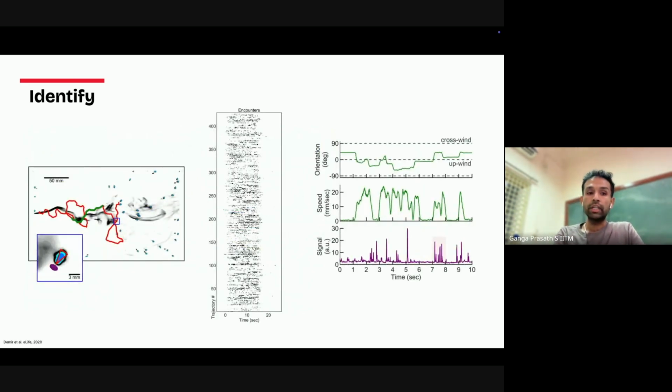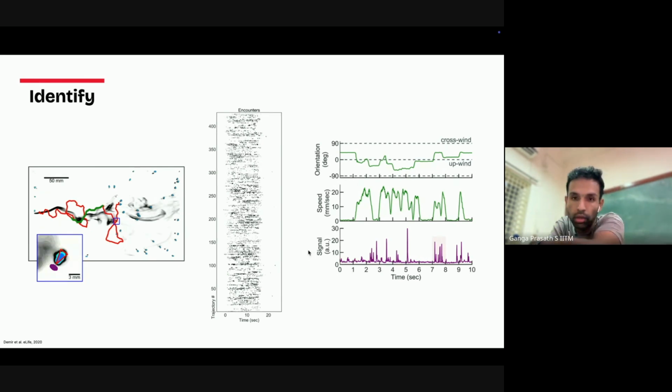Right? So in this particular example, from a very recent paper, these are the statistics that they have got. Here they've done, I don't know how many experiments, but this is the trajectory of all the insects, 400 odd insects, and this is the encounter that they have seen with the smoke, the housefly with the smoke. You can plot its orientation. If you track the insect, you can find the orientation and see how this orientation is associated with the speed, its motion, and then